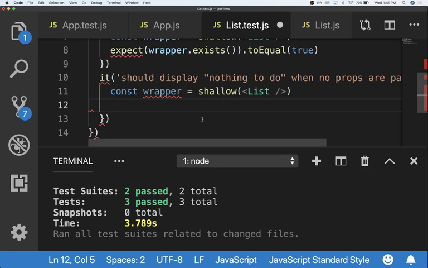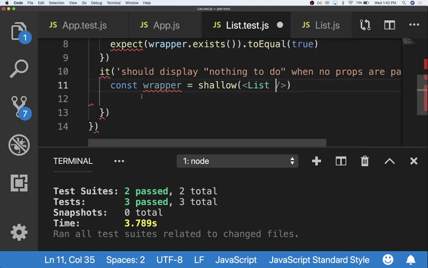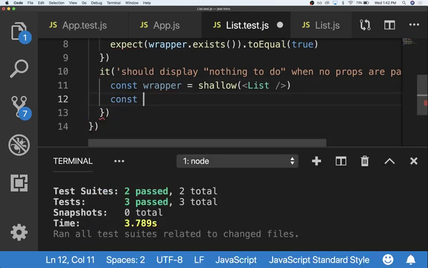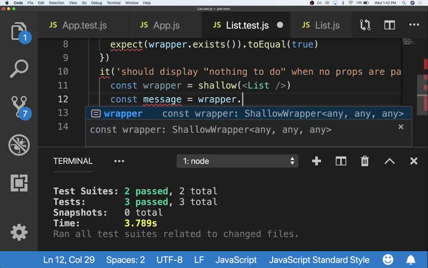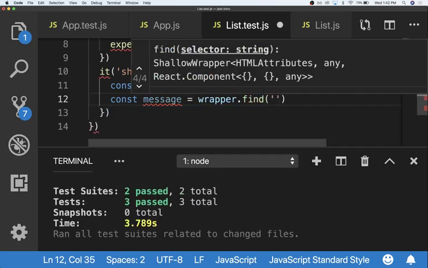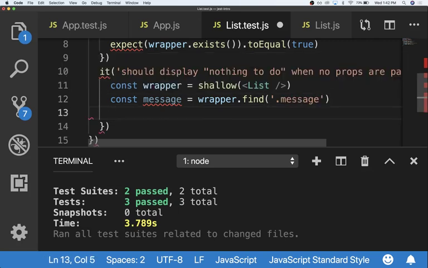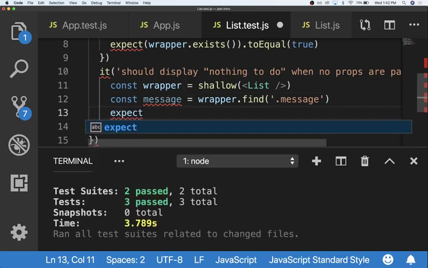And if it doesn't have any props, which we've passed none in, then it should display nothing to do. So we'll do expect. Actually, let's make another thing. Const message equals wrapper.find, and we're going to look for a certain class. So we'll do message. So then we expect